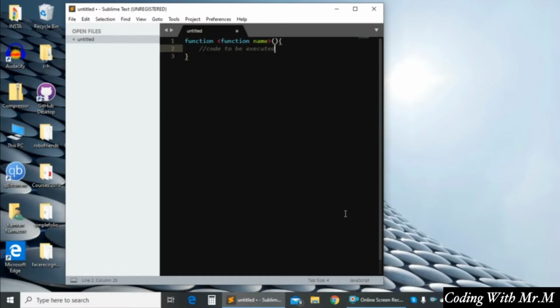Great. So we can call this function after writing this syntax. How will I call? Now I want to show you. Function name. The following example shows how to define and how to call a function in JavaScript. So I want to write function my